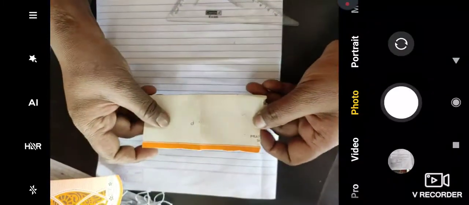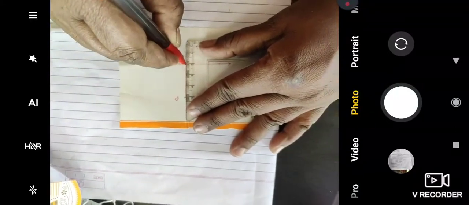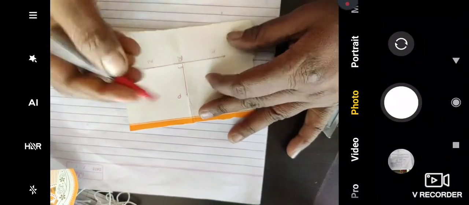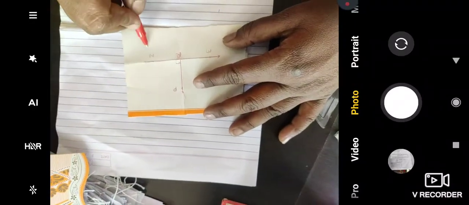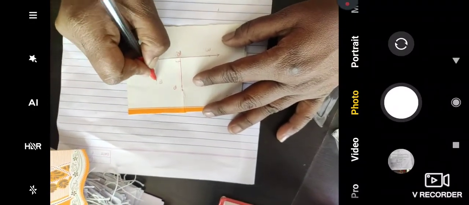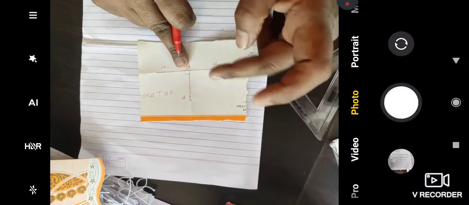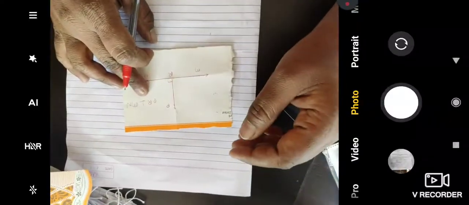If I open this, you will notice that this is the folded portion. From this we will draw the line perpendicular to MN from point P, and this point is named R. So we draw the line passing through point P on MN, which is also perpendicular. So we write PR is perpendicular to MN. In this way, by folding a paper, we can draw the perpendicular to the given line from the point outside the line.